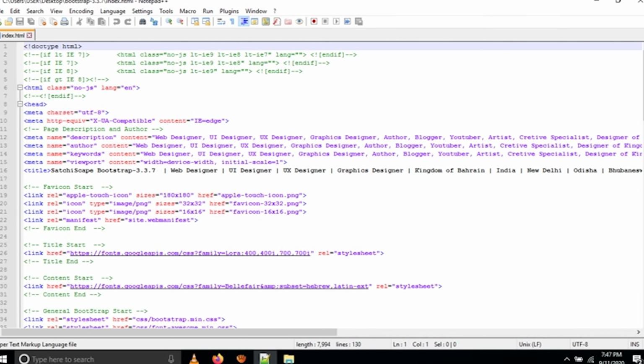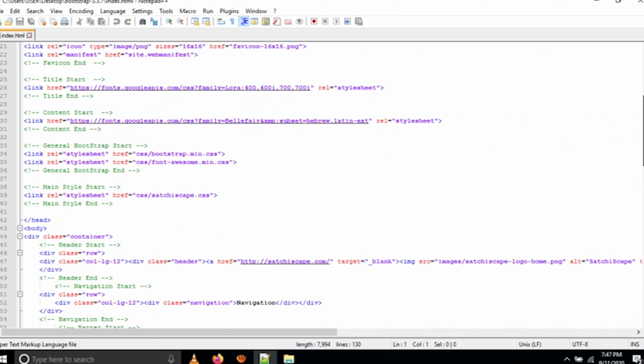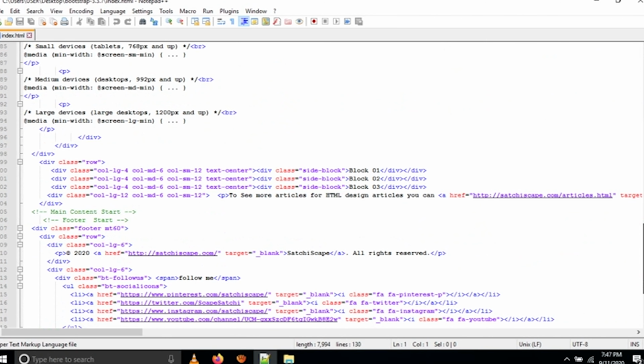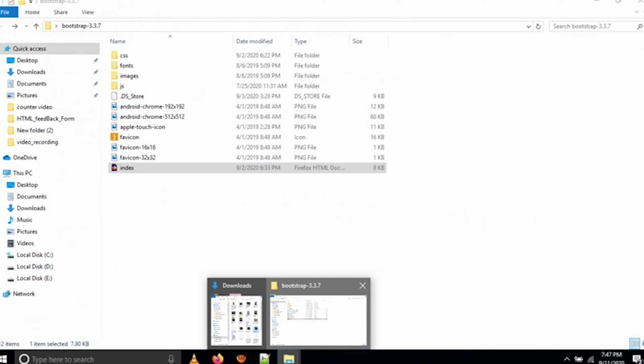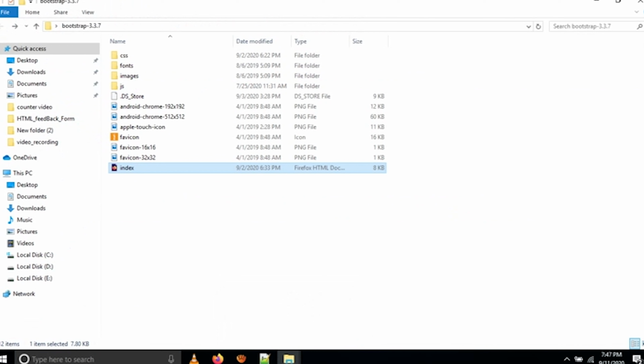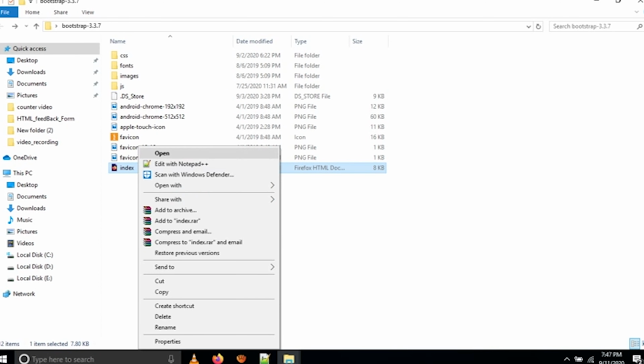Let's check. This is the code and I have written the basic structure of HTML. I am going to present how it's written and how it's going to look. I made this for new HTML developers who don't know how to integrate Bootstrap and basic HTML code.